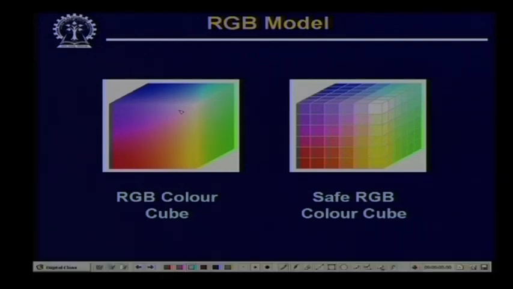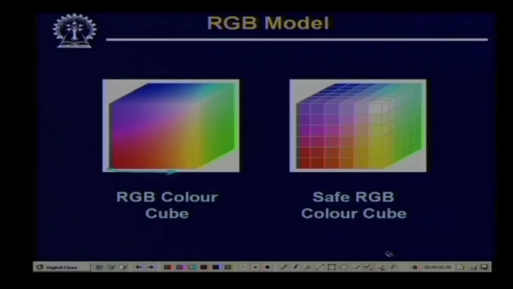So, in this color cube, the point 1 0 0 represents red, and along the horizontal axis the color varies from red to yellow. Similarly, this is the point 1 1 1, so this point represents white color,